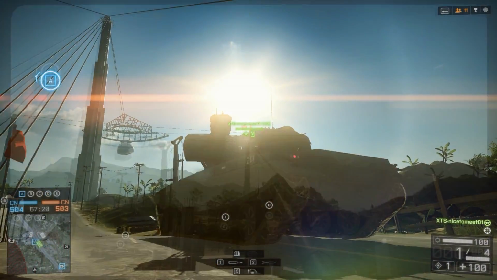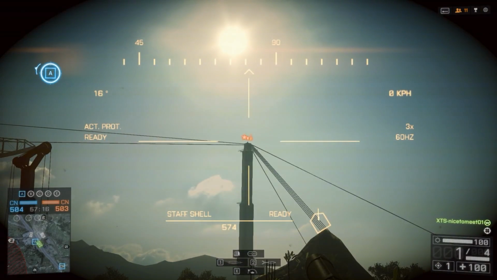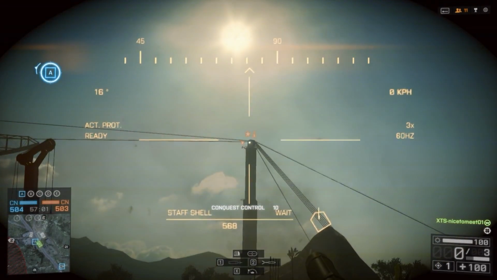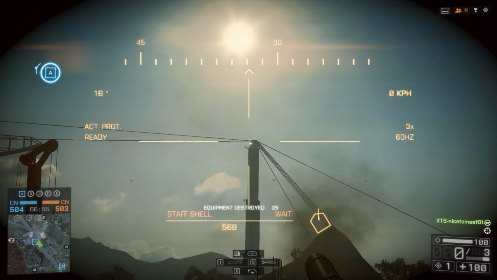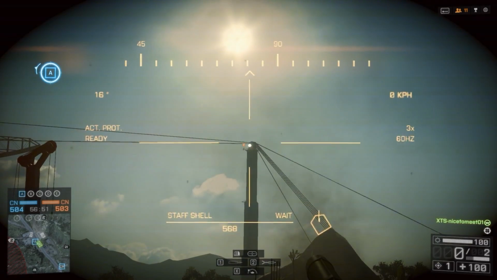The staff shell, which basically is nothing but an MBT law that's being fired from a tank, has similar problems. Firstly, it cannot be deflected by the active protection system, and moreover it has a flat trajectory with, in theory, unlimited range, so we'll show that here with an extreme example and snipe somebody off of the towers on Rogue